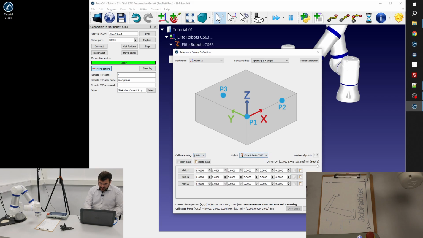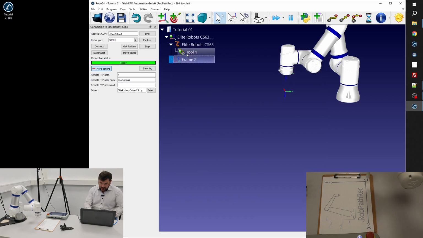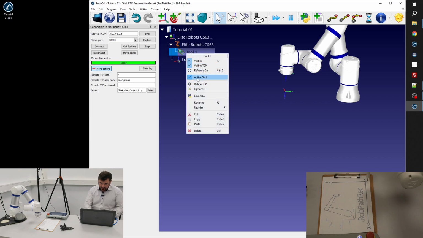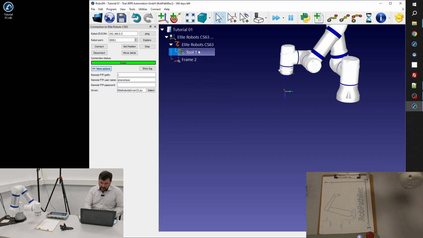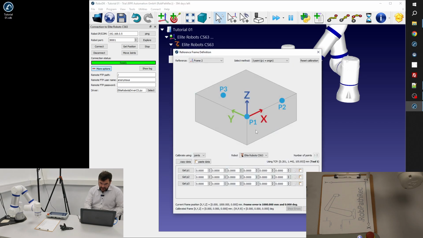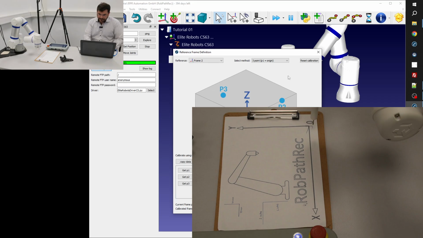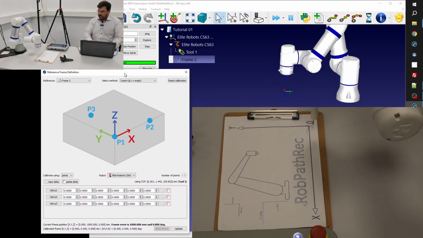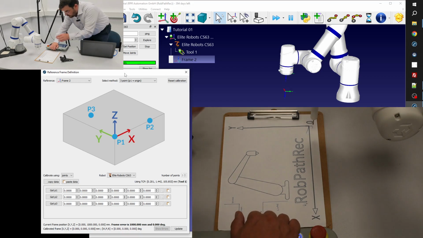Okay, the right robot. And if not, the tool one would be the active one here. It is very important that you check the tool as well. Then you should come to the tool and hit activate tool again. Right now you can see this is not the active one. I just hit activate tool, there's the check mark next to it, and then you can make sure that the reference frame is referencing with the correct tool, which we just defined on the TCP. So the procedure is very similar to the one which we already did with the tool.